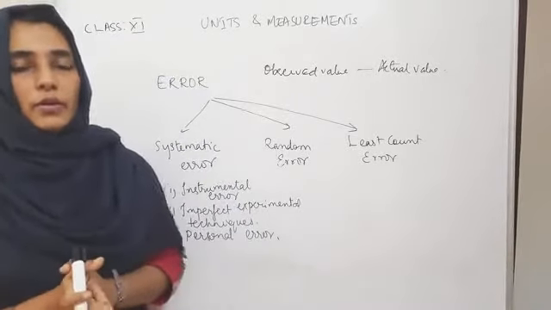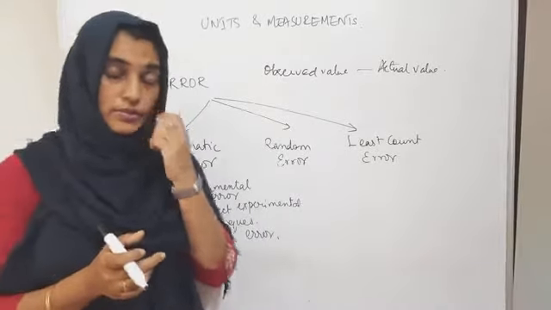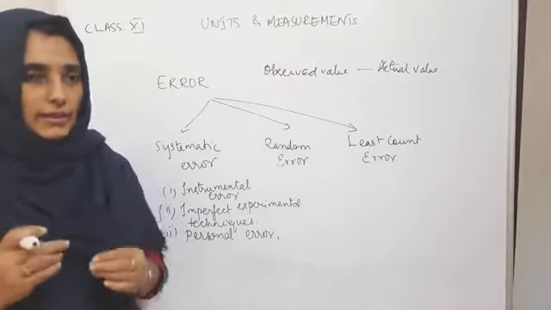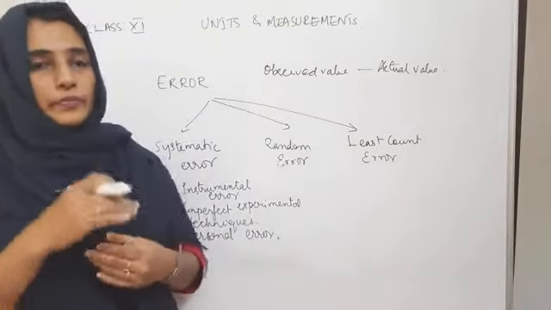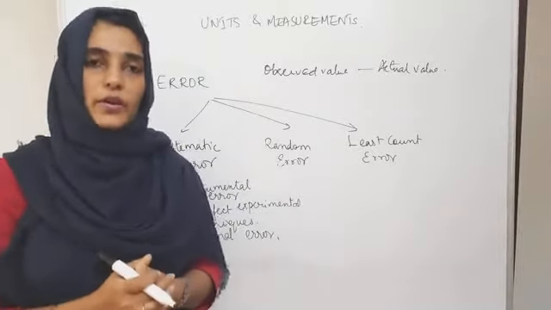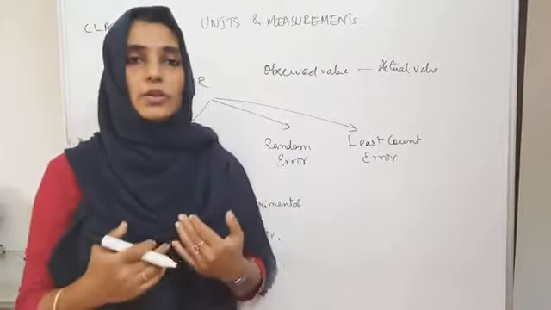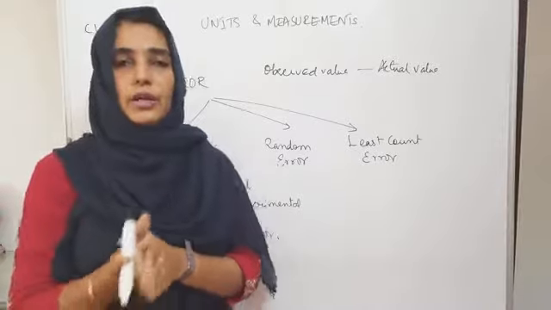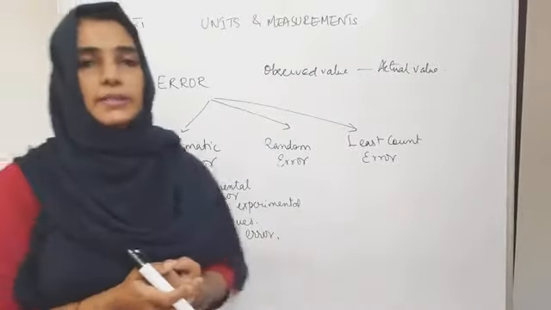Say, suppose you are going to find the human body temperature. A thermometer kept under the armpit will always give you a little lower value than when it is kept inside your mouth. So keeping the thermometer inside the mouth is always a better option for recording the temperature. With these kinds of experimental techniques, it is up to us to choose which method will lead to a perfect result. Okay. And finally we have the personal error.